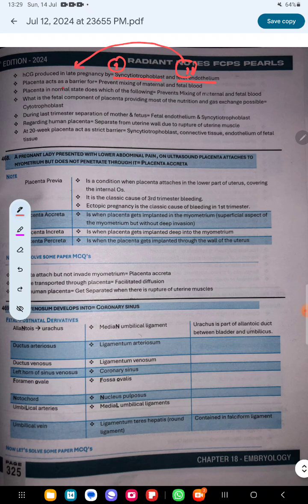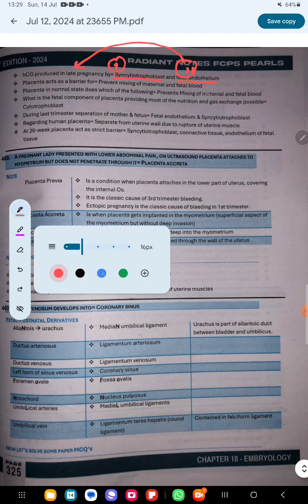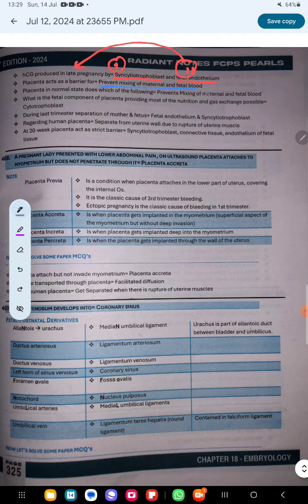Clear? Placenta acts as a barrier, and it prevents mixing of maternal and fetal blood. Placenta in normal state does which of the following? It prevents mixing of maternal and fetal blood. What is the fetal component of placenta which is providing most of the nutrition and gaseous exchange? It is the cytotrophoblast of the placenta, which is providing most of the nutrition and gaseous exchange possible for the